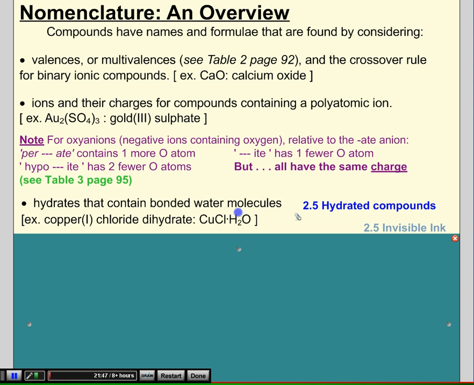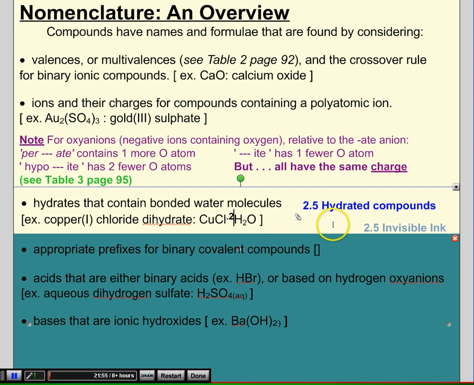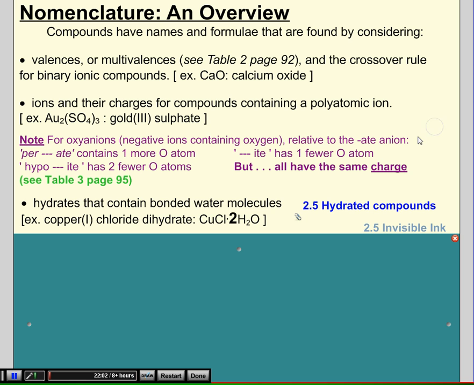Copper 1 chloride dihydrate is an example. There's a mistake in my chemical formula there. I can just see right now because di suggests 2, and in fact that would represent 2 bonded water molecules. So the chemical formula for copper 1 chloride dihydrate would be CuCl. So there's 1 copper plus 1 ion for every chloride ion, but there are also 2 water molecules as part